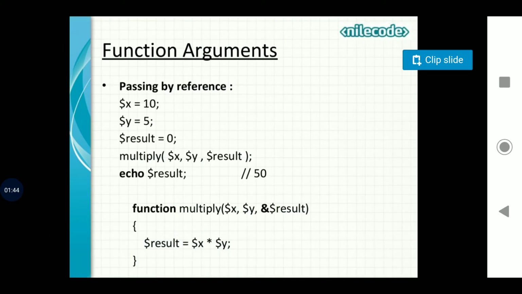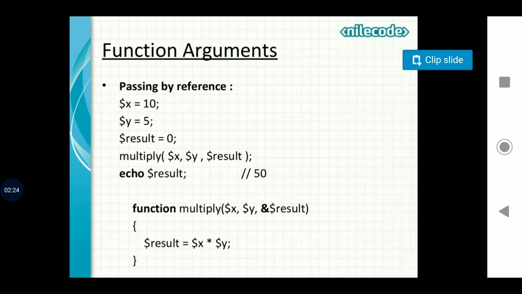So here is an example where we are demonstrating pass by reference. We all know that there are two parameter passing techniques, one is pass by value and the other is pass by reference, but here we are demonstrating pass by reference. When we are using pass by reference, we can see before the $result in the function declaration statement, or function definition statement, we have an ampersand symbol to tell that it is a reference variable. So any changes that you are making to this reference variable will be reflected back in the same variable itself.